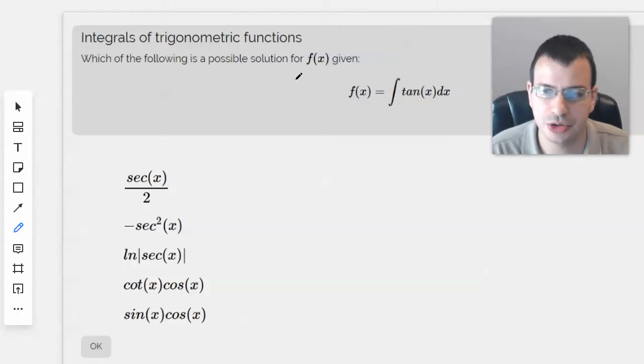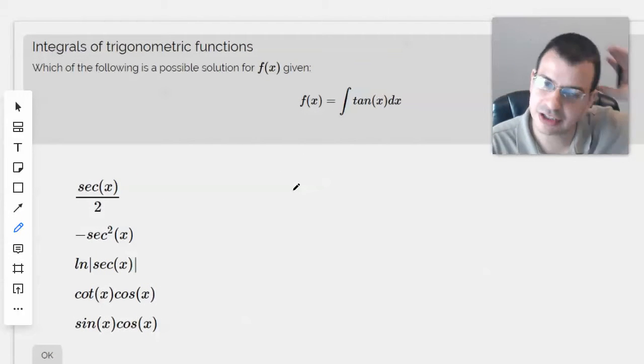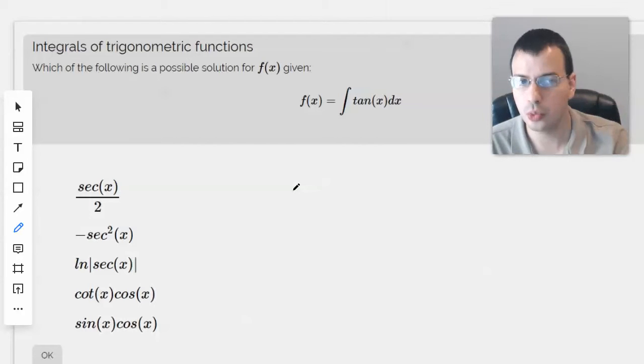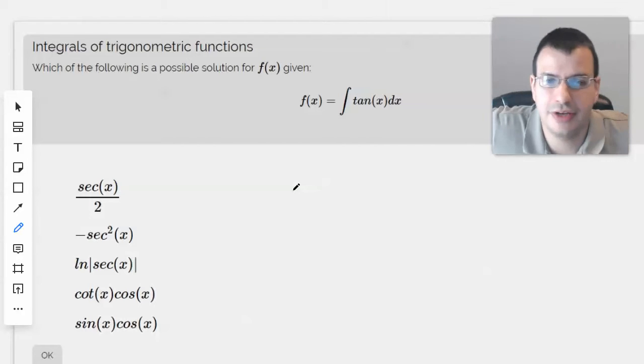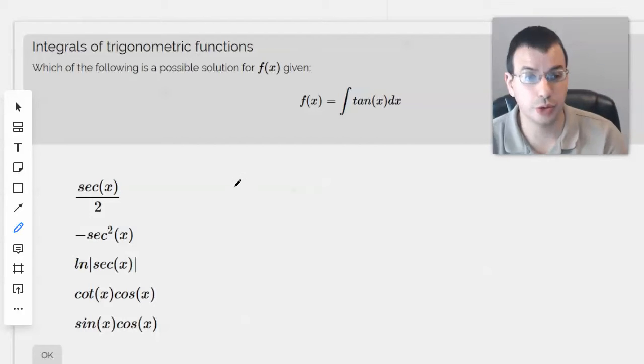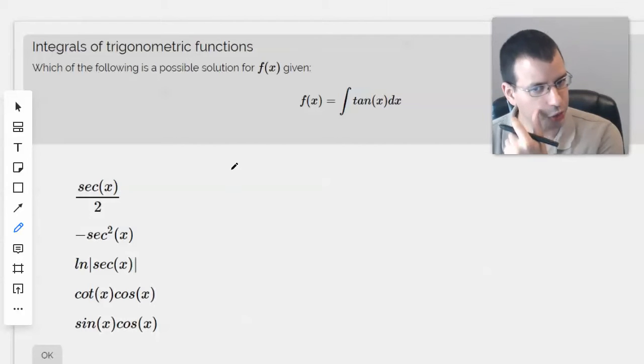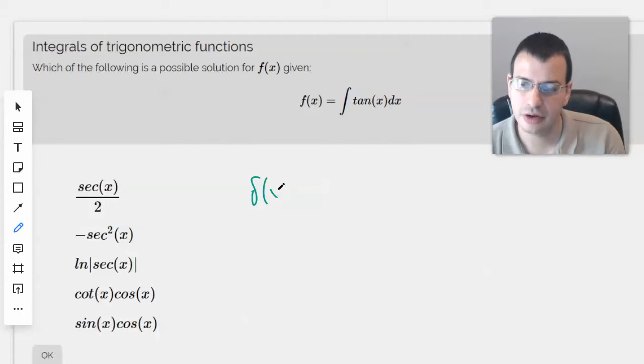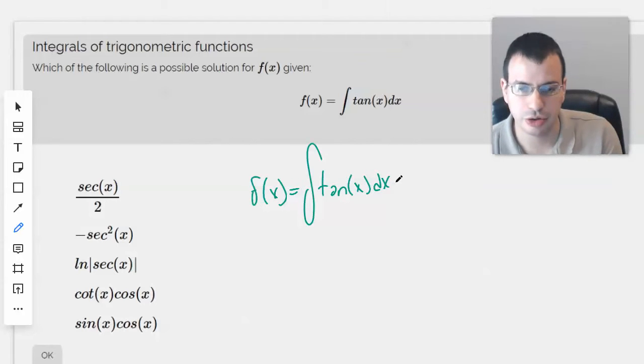Which of the following is a possible solution for f of x, given that f of x equals the integral of tangent of x dx? Okay? So we're used to finding the derivative of tangent of x, which is secant squared of x. But we're not so used to doing it for the integral of tangent of x. So we have f of x equals the integral of tangent of x dx, which equals the integral of sine of x over cosine of